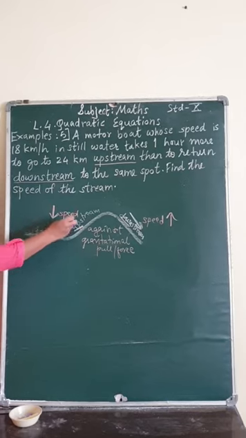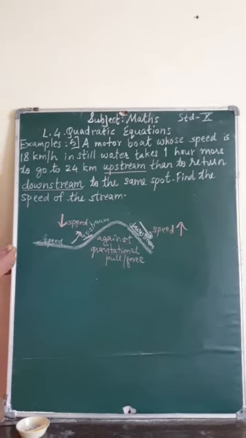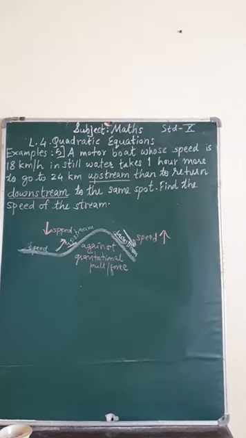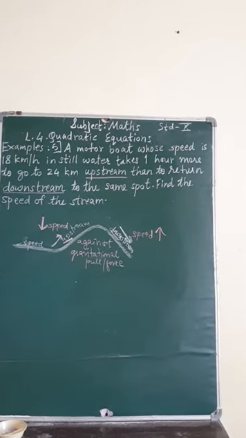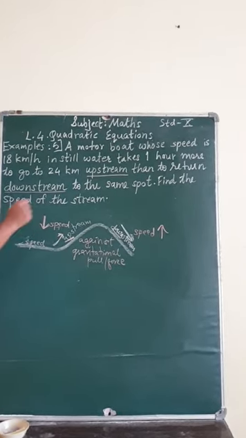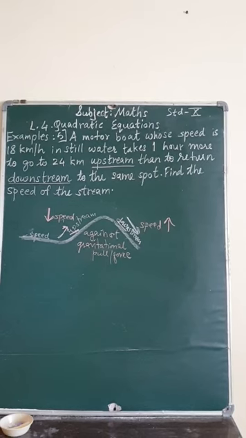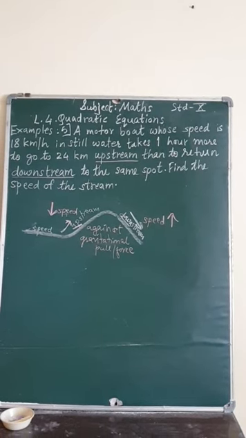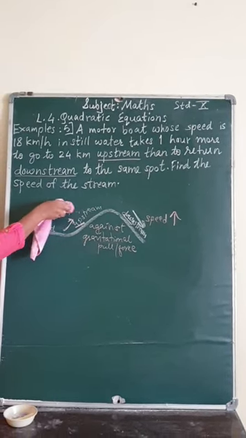Similarly, when you are moving upstairs, going from the ground floor to the first floor, second floor, the speed decreases. But when you are coming from the fourth floor down, your speed is more. You are running down, coming towards the gravitational pull, and that gravitational pull also helps you move down, and that's why your speed increases. Similarly, we have the concept of upstream and downstream for water as well.